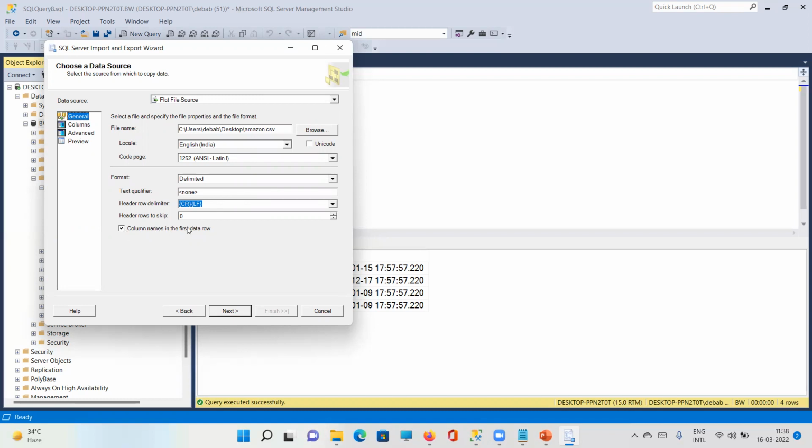It is saying column names in the first data row. Yes, I do not want to load the first row because the column names are listed there. I do not want to insert those details into my table. Those are just the headers. So if I go next,